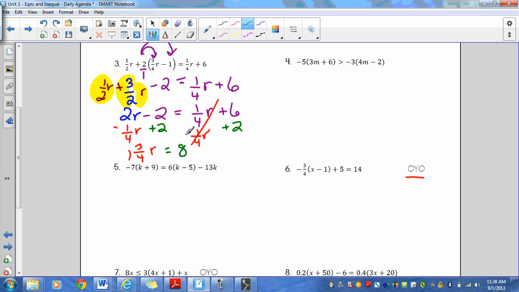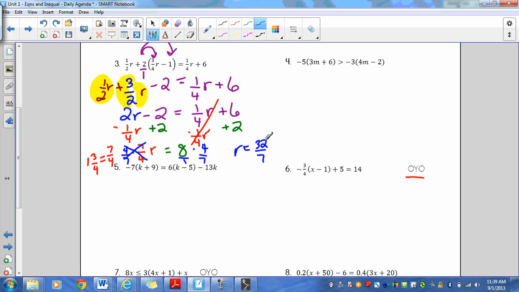Okay, so what does that mean? Well, the 1 3/4 r we could rewrite as 8 divided by 1 3/4. Or you could do the reciprocal. I'll do that up here. Change that to an improper fraction. 4 times 1 gives you 4, plus 3 gives you 7/4. 7/4 r equals 8. So without a calculator, you could multiply both sides by 4 over 7. And that's using that multiplicative inverse identity. And you get 4/7. So your answer is r equals